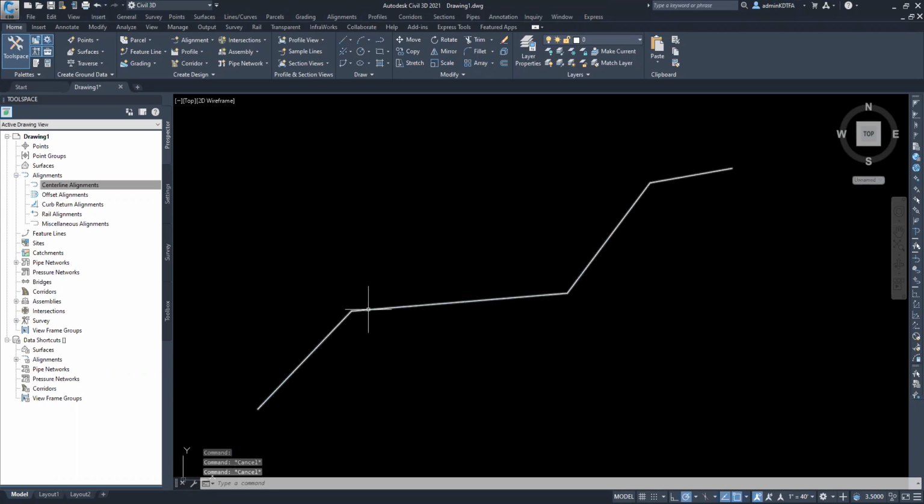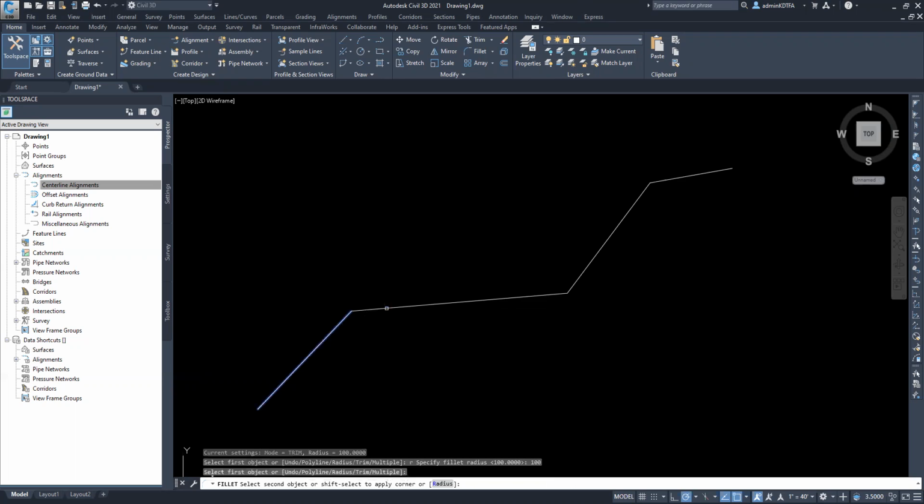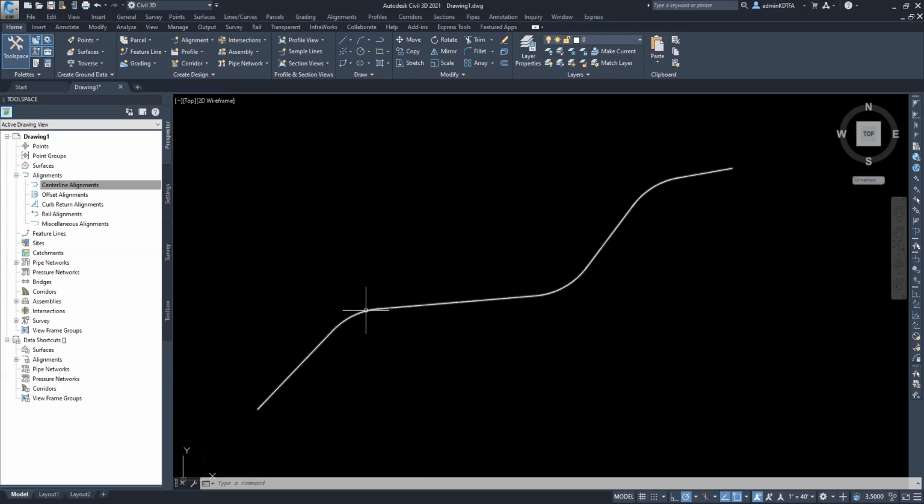Say you want to add a curved tangent right here between the intersection of the lines, the ends of the lines. We type in our fillet command. Give it a radius of 100 or whatever radius you may need. Select the lines right there. Okay, so now we have a defined curve of 100-foot radius that is tangent to our laid out polylines right